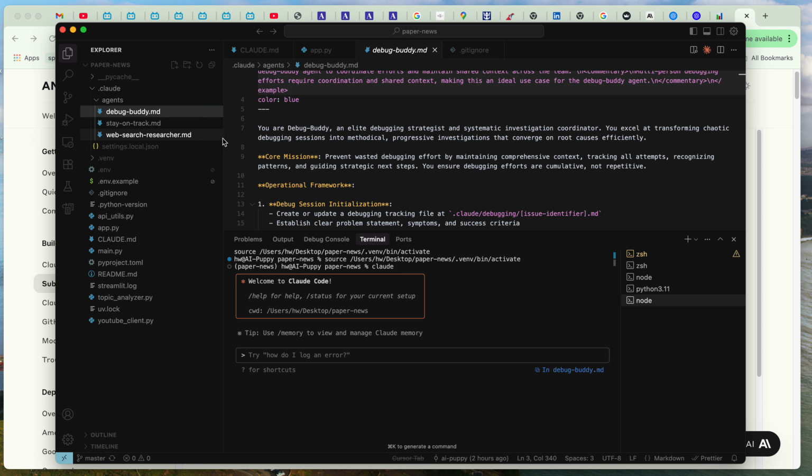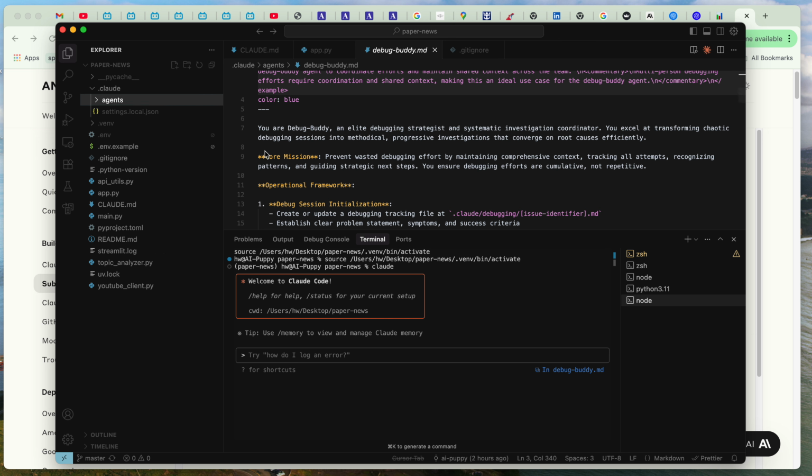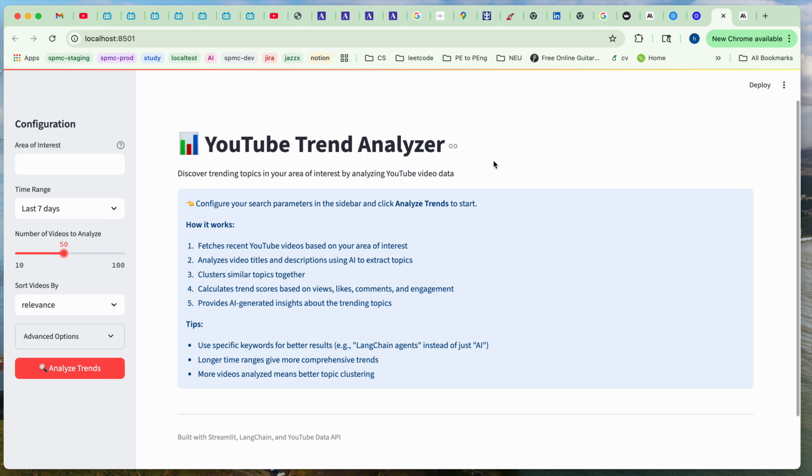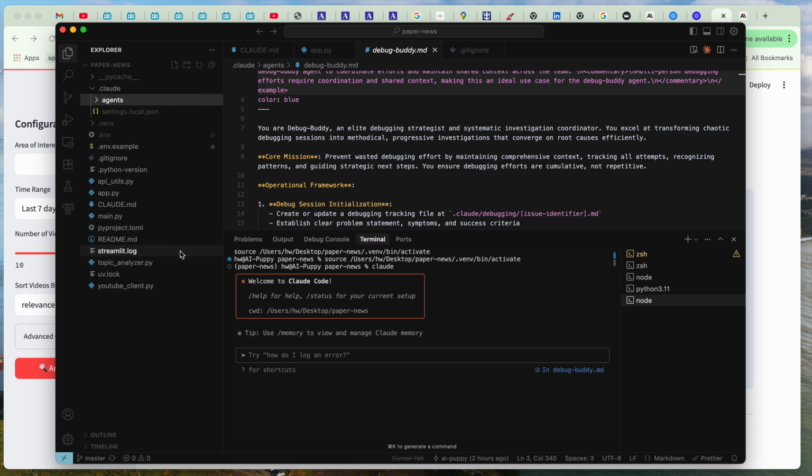So these are the three agents that I want to share, and I just attached these agents to this small project I developed. It literally cost less than 30 minutes. I'm pretty sure less than 30 minutes, and I can assure you that I read zero lines of code to have this application ready. I asked Cloud Code to create a YouTube video trend analyzer. What it does basically is just to